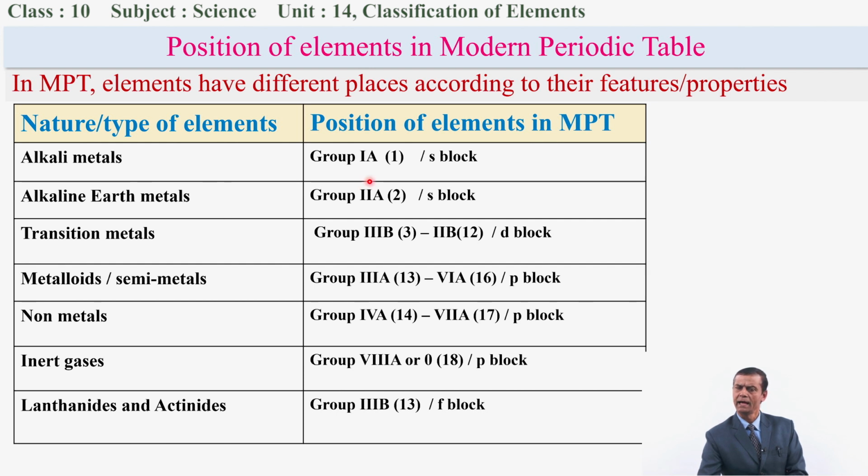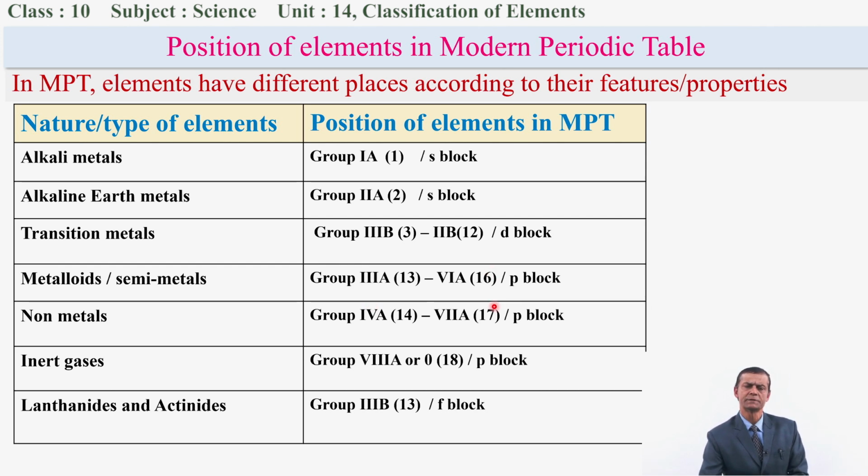Alkali metal are placed in group 1A or group 1, S block. Alkaline earth metal are placed in group IIA, group 2. They are also S block. Transition metal are placed in group 3B to group 2B, that is group 3 to group 12, that are D block elements. And metalloids or semi-metals are placed between group 3A and group